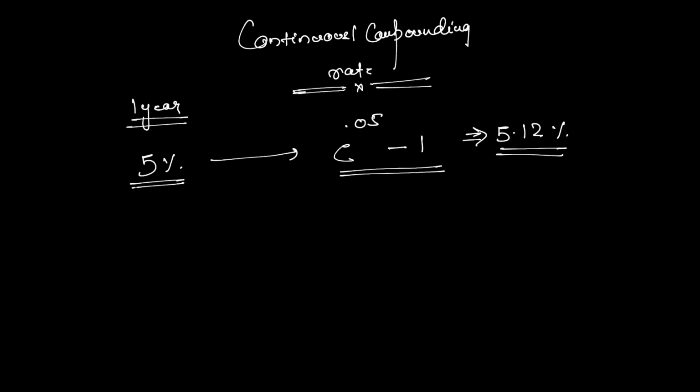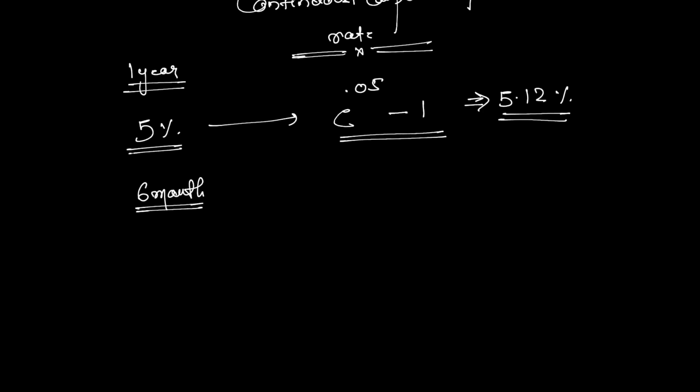If you have the 6 month continuously compounded rate, say 4%, and you want to know the effective interest rate, the only way to get the effective interest rate of 6 months is e to the power 0.04 minus 1. There is no other way possible. It is e to the power x minus 1. Then the effective interest rate of 6 months is